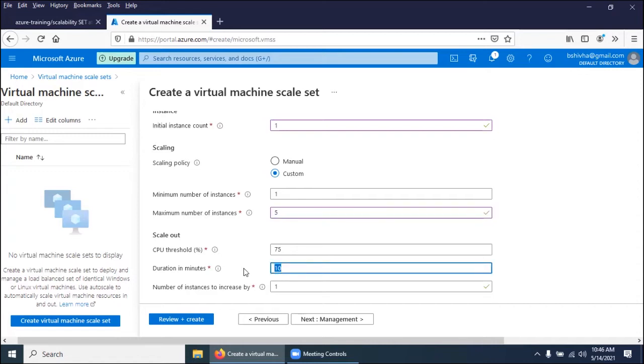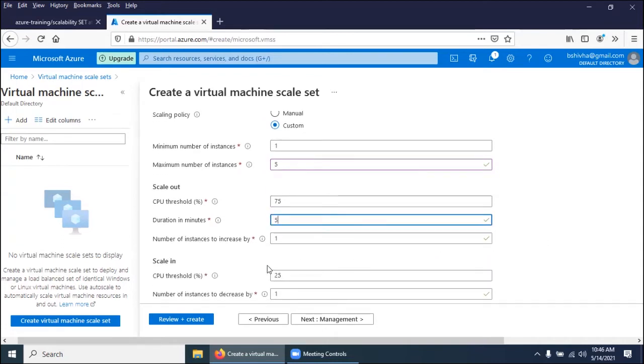I'm going with 5, because you cannot go with less than 5 minutes. Then, how many instances do you want to increase by? You need to sit with the solution architects and business owners to understand RPO and RTO, and based on that, define this value.